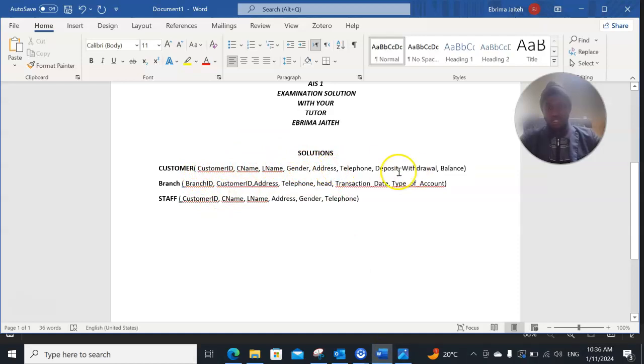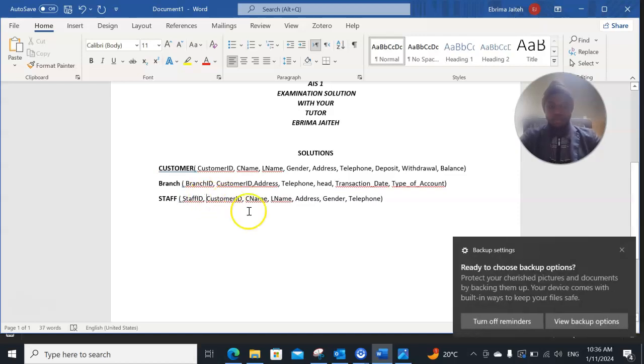You can see these are the attributes of the customer. When you talk about attributes, they are also known as the columns. So when you look at the branch table, these are the attributes of the branch, and when you look at the staff table, I mentioned that the staff table has to be updated. So we can put here staff ID, because every entity must have a primary key. So we are going to put here staff ID, comma,